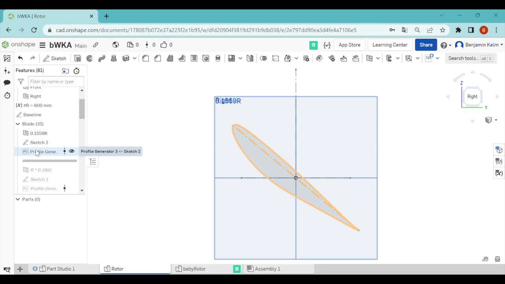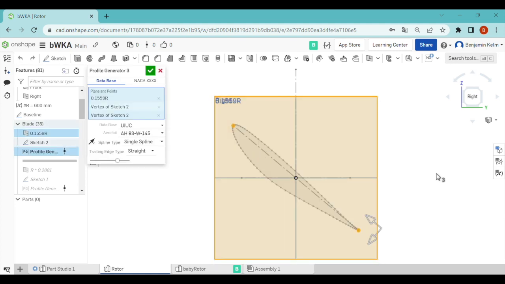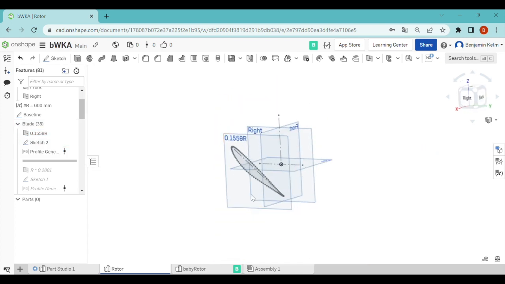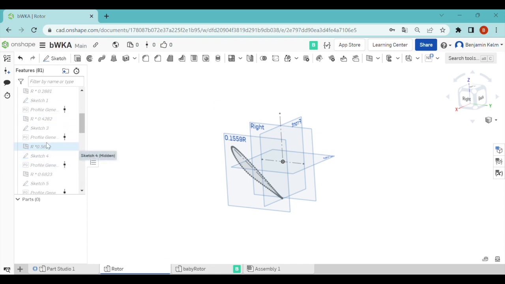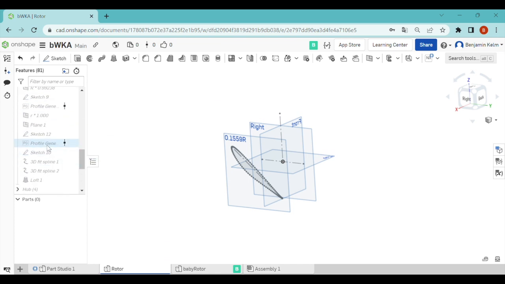And then we can use this tool called Profile Generator. It's available. It's basically a script, and you can select your airfoil. Here we go for an Althaus windmill blade. It's probably not meant for the small scale wind turbines, but it's still a good choice if you look at the profile data. Alright, and now we repeat this for basically all the other sections, and I think we have around